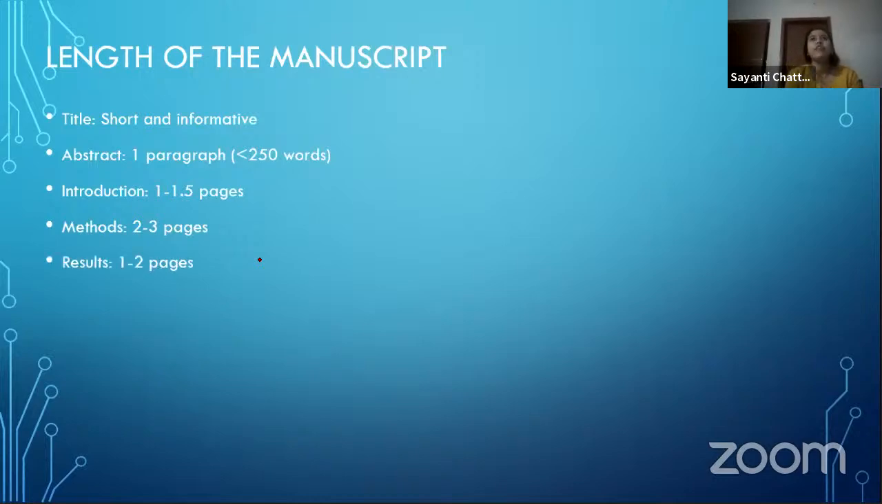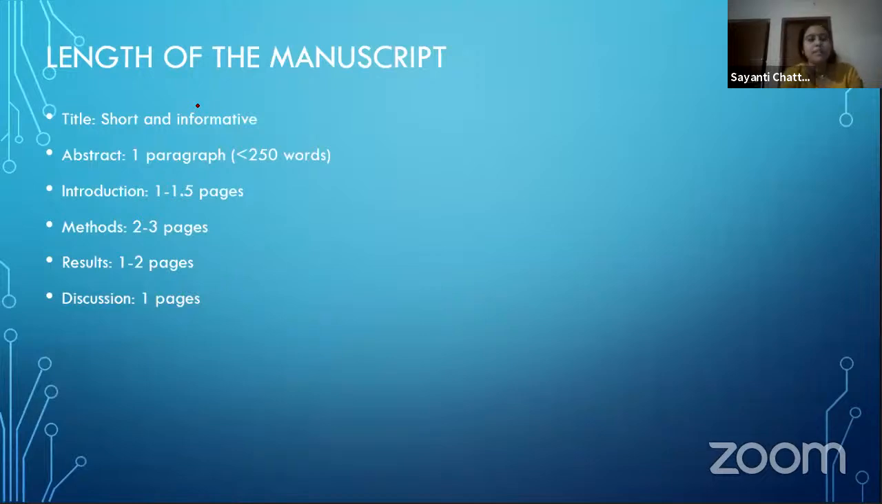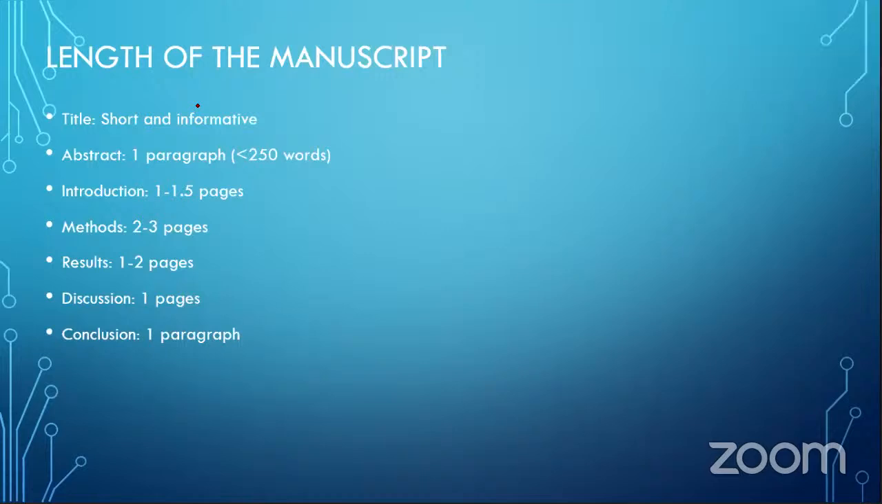Then result, the figures and tables. Maybe you do the experiment 1,000 times and you have 1,000 results, but don't give all the results. It makes the paper clumsy. Choose the best one and give the best results in your manuscript. Next, discussion. Discussion may be half page to 1 page, not more than this. And conclusion should be precise. As I told, discussion should be 7 to 8 points, but conclusion is 3 to 4 lines. The conclusion